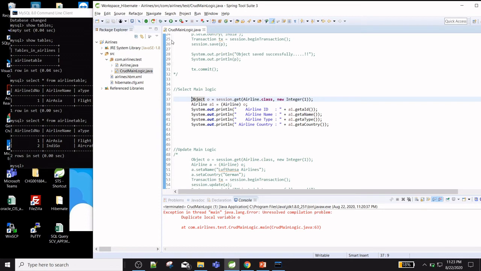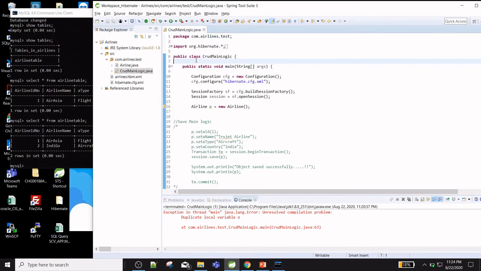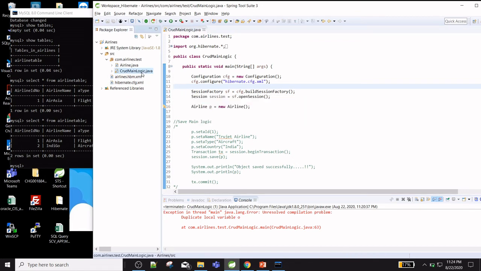But in the CRUD main logic, the main motive of this project is to create a single class because we need to perform the CRUD operations in a single class. In Airline.java, it's just a Pojo class, nothing special, and there are two files, the mapping and the configuration file, just like the previous program. But this is the main logic I'm using.